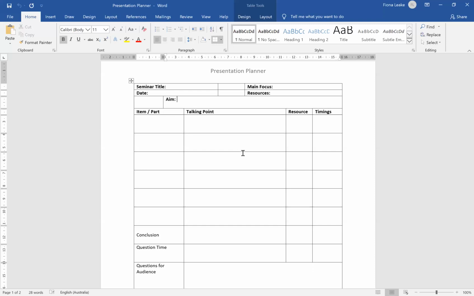Next, I'd like you to get your research helper out, as well as maybe your essay plan, for instance, because that's going to have a nice logical order to start off with. Think about what you want to start with. Now, obviously, your beginning is going to be starting with your introduction. So what do you want to do in your introduction? Okay, so you might start with an anecdote